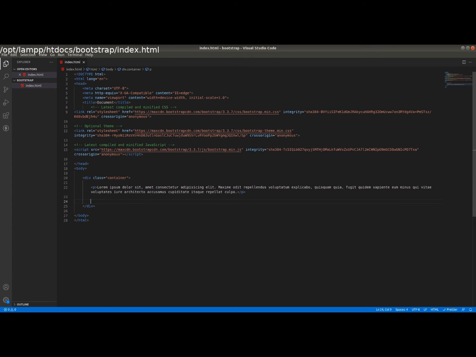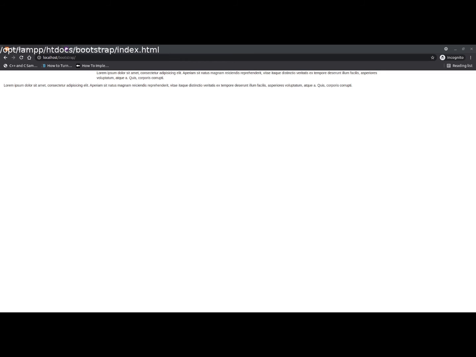That is the container class, that is row, and row has dot col-md-3. Just copying this value 3, for the 4 sections here, and go to your web page. You can see your column will be in the different sections of the 3 sections. It will split your width size of 3 in the 4 sections.